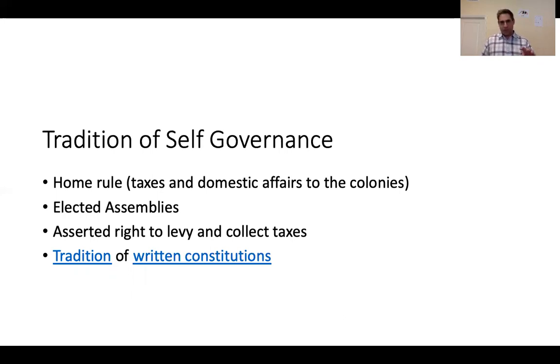But what's really important is it also outlines the essence of the social contract. It says, here are the rules by which we expect people to live and abide by in our colonial government, and here are the rules for how you are going to be governed.